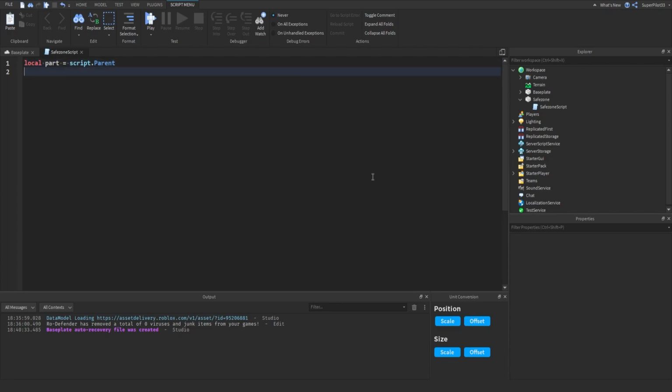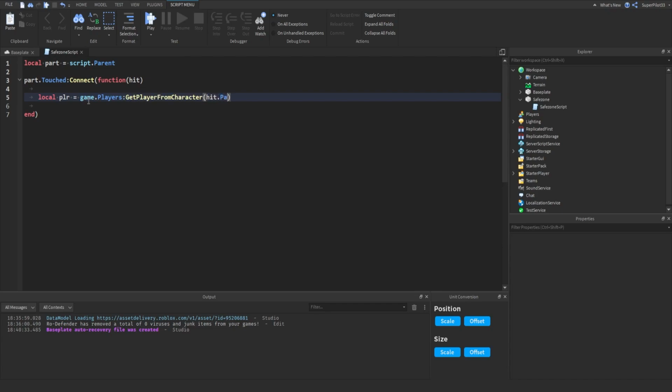From there, you want to drop down and type part.Touched:Connect(function(hit)), with two brackets. Inside these brackets, type hit, and then hit enter a few times outside of this bracket right here. From there, you want to go ahead and type local plr equals game.Players:GetPlayerFromCharacter(hit.Parent). Then you want to drop down a bit more and type if plr then